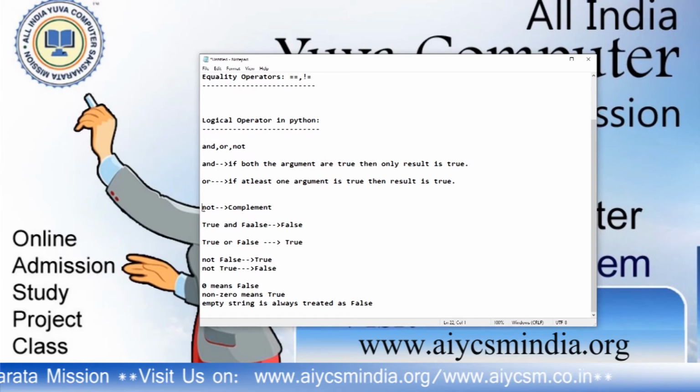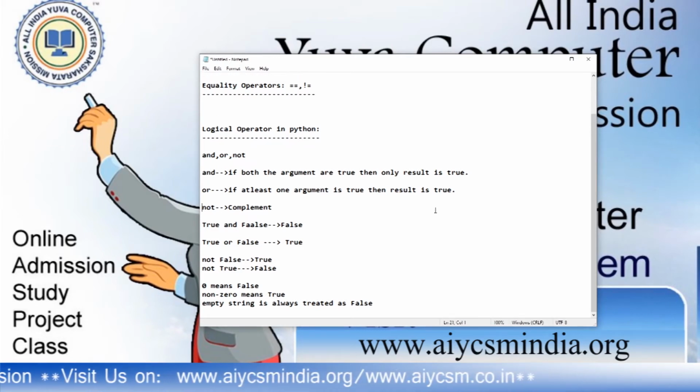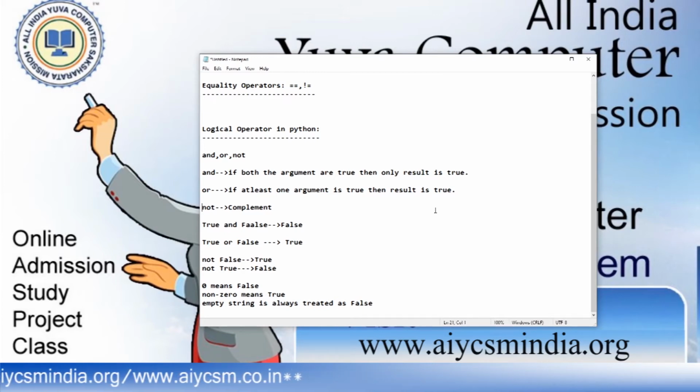Okay. So, if x and y are two variables, if x is evaluated to false, return x, otherwise return y. This is a very important concept. Look at that.